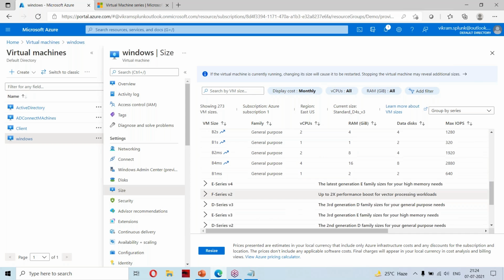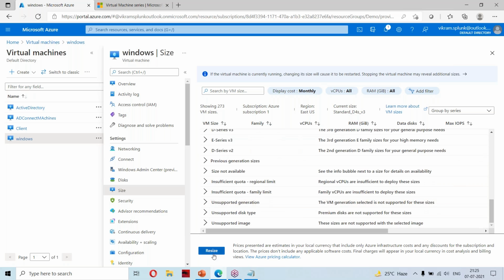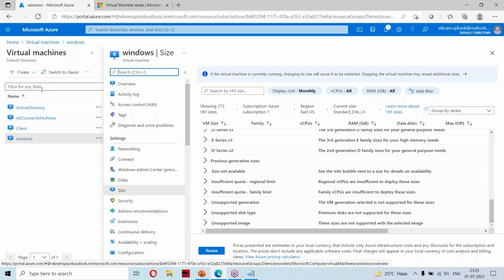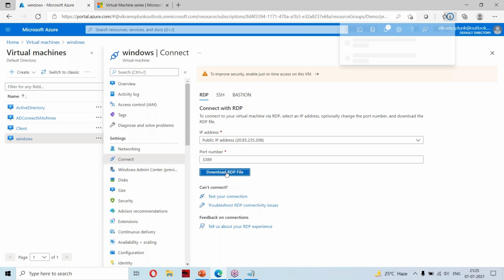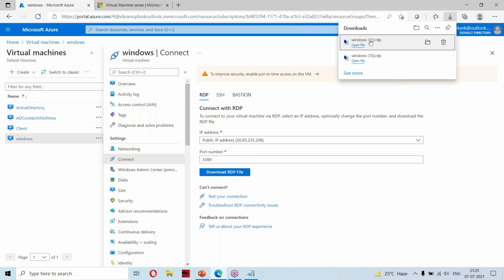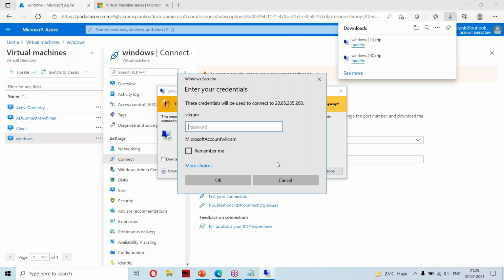I can select any of the series, click on resize and reboot. Then the new size will be coming for me. Before I delete, any doubt? No, thank you.